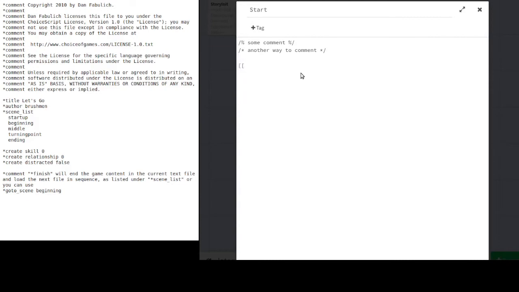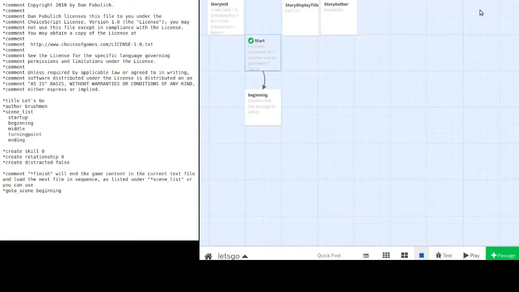Unlike ChoiceScript, there are often multiple ways to accomplish the same goal in SugarCube. Wrapping link text between double square brackets is one way to create links to navigate between passages. If you have ever edited Wikipedia entries, this syntax may be familiar. Here I want to simplify the target passage name instead of using the full sentence "go to beginning". So I use the -- syntax to point to the actual name of the next passage.